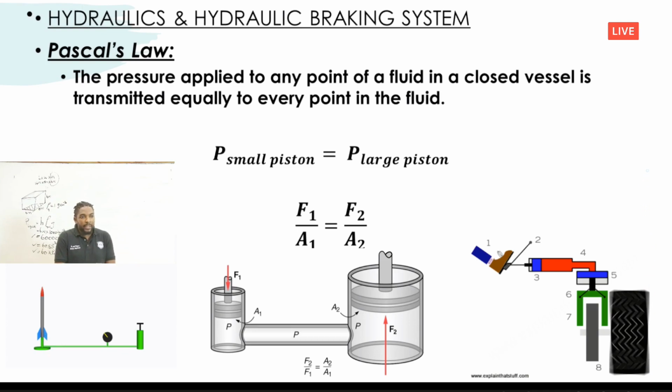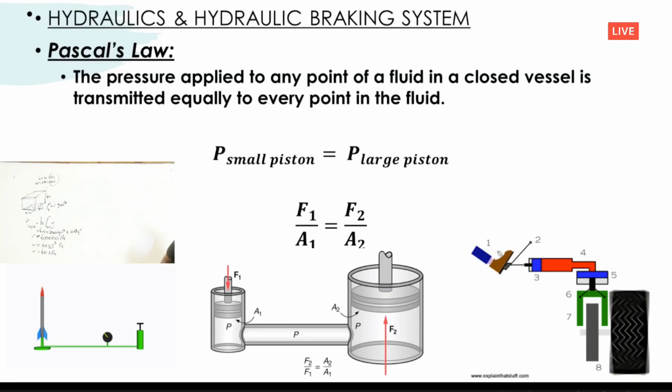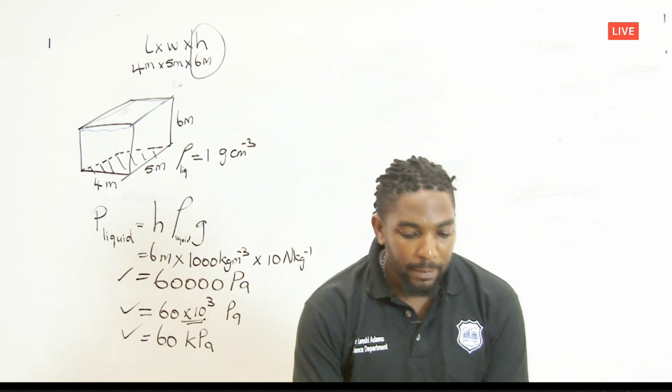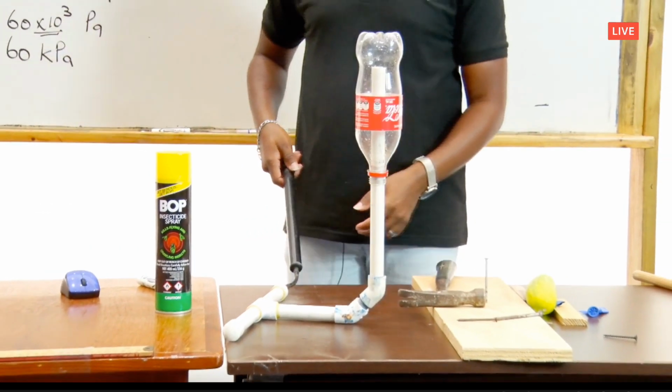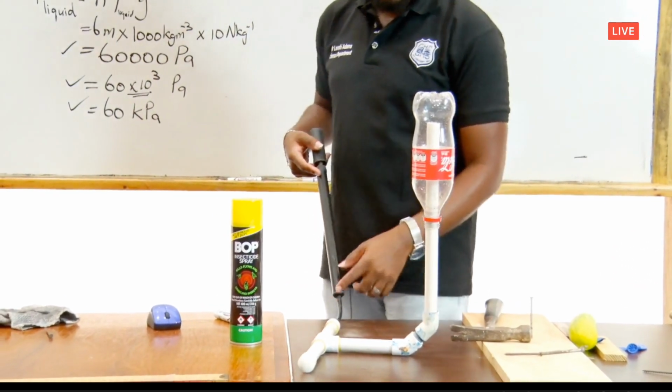Because as soon as we mash the brakes, that pressure is transmitted throughout the liquid, the brake fluid, all the way to the brake calipers to squeeze the wheel to cause it to stop spinning. Okay, so that's the methodology there. Now, I'm just going to show you a slight demonstration of what we mean when we talk about